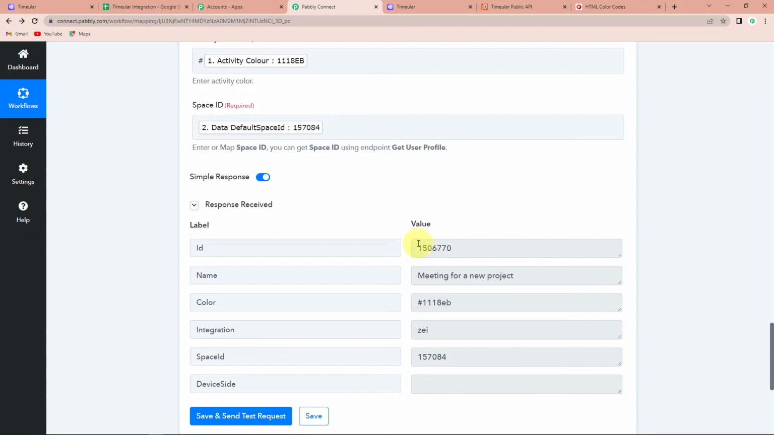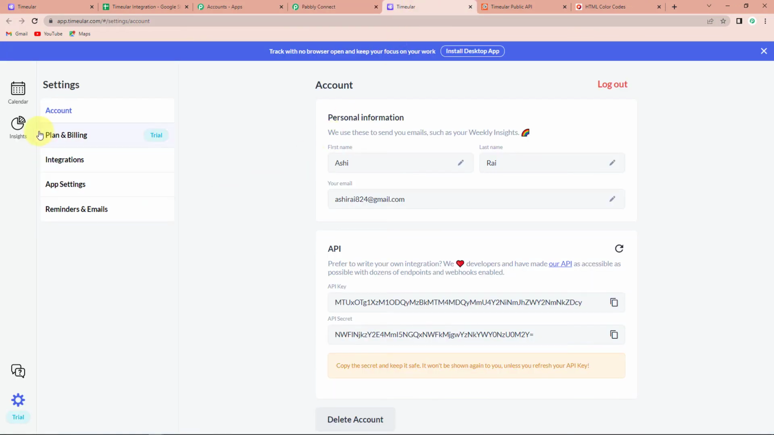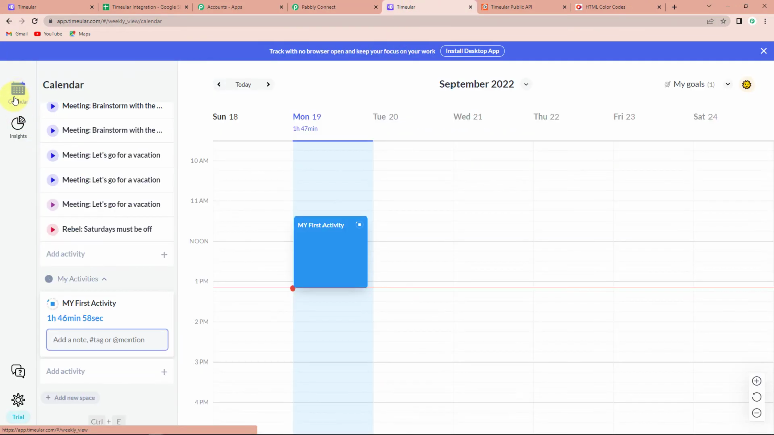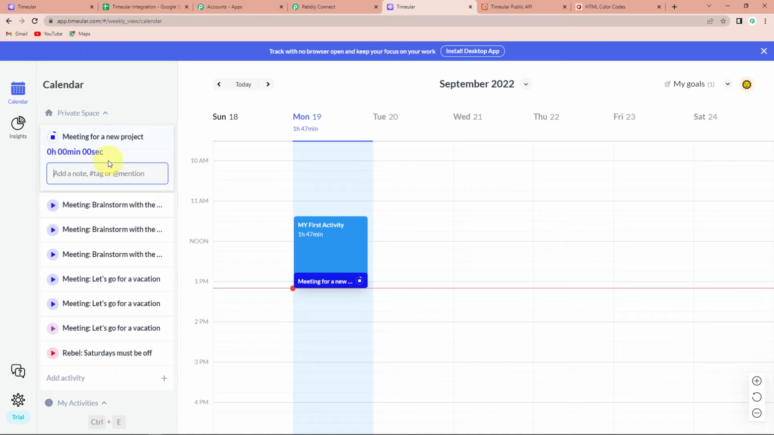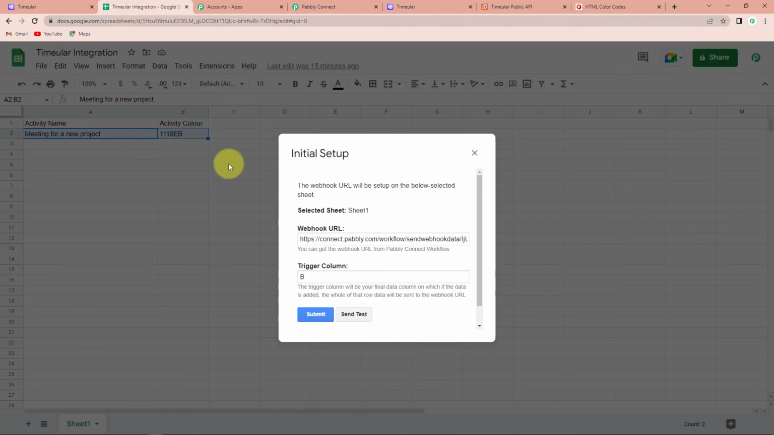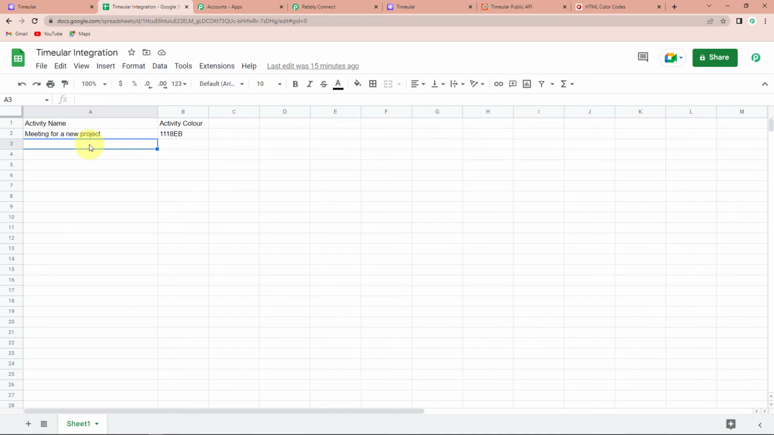Now I'm going to take you back to Timeular, and here let's go to calendar, and you can see that meeting for the new project, this particular event has been created over here. This means that our integration process is a success, but we have to also check it for real time. So going back to the sheet, here I'm going to write a new activity name, which is new activity